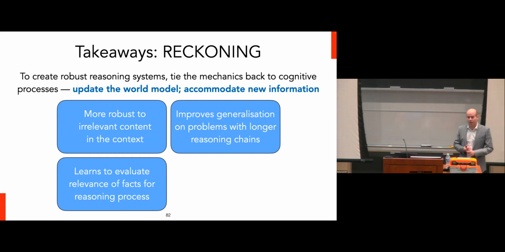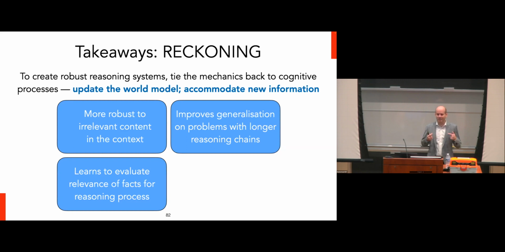Essentially, because you no longer need to rely on your attention mechanism or your forward pass to compose all of the information that you have, and you can actually encode that knowledge in the parameters of your system, you end up being able to generalize to longer reasoning arguments. You actually learn how to evaluate the relevance of facts. That same robustness to distractors means that the model is able to decide which facts are actually relevant to use for a question that's going to be asked later.